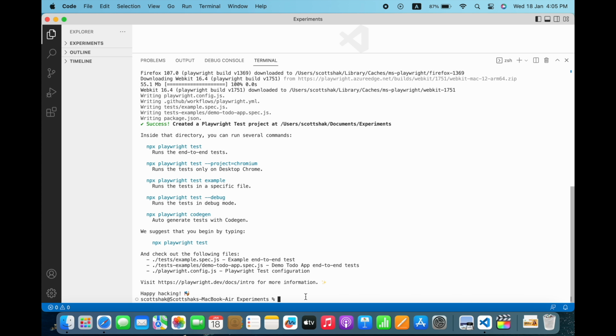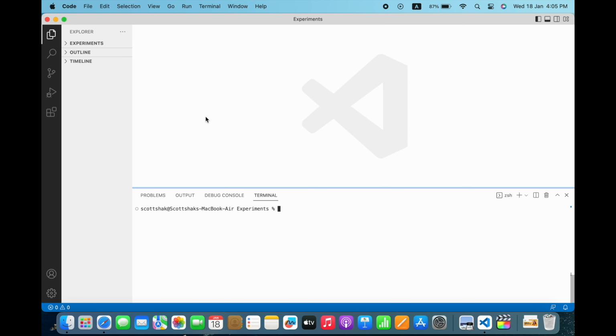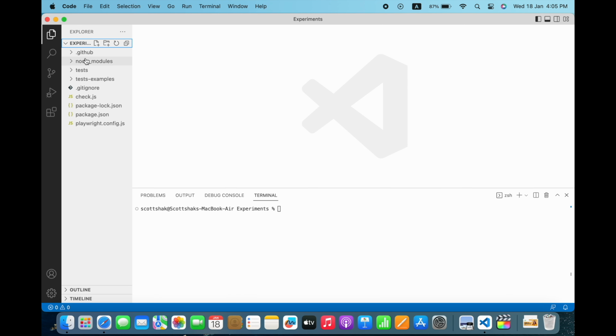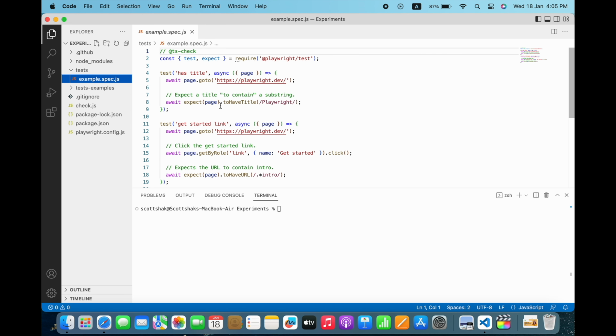All the necessary files needed to run Playwright will get created and will begin to show in your folder. You'll notice there's a test folder in which there is an example spec.js automatically created. Here it's created by Playwright. To run these tests, you can simply type npx playwright test and it will automatically run in the default browsers